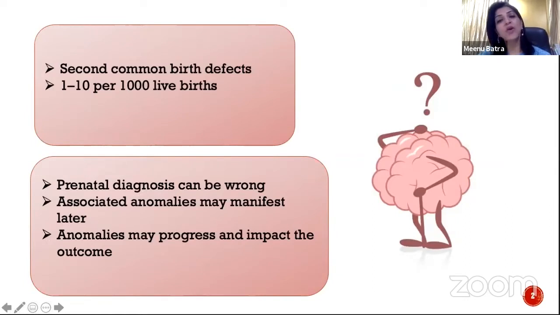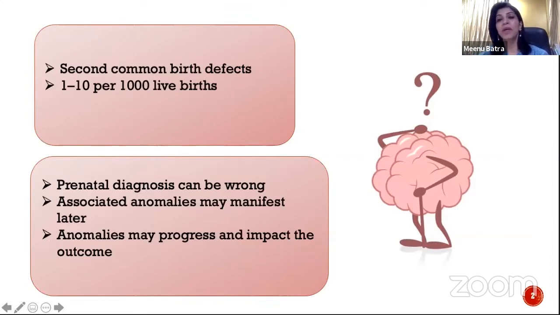And why CNS problems today is because we all know that CNS problems are the second commonest birth defects after cardiac abnormalities, with the incidence being around 1 to 10 per thousand live births. Now, the problem with CNS abnormalities most of the times is that at times the prenatal diagnosis can go wrong. There may be associated abnormalities which may manifest later, or you can have anomalies which may progress and impact the